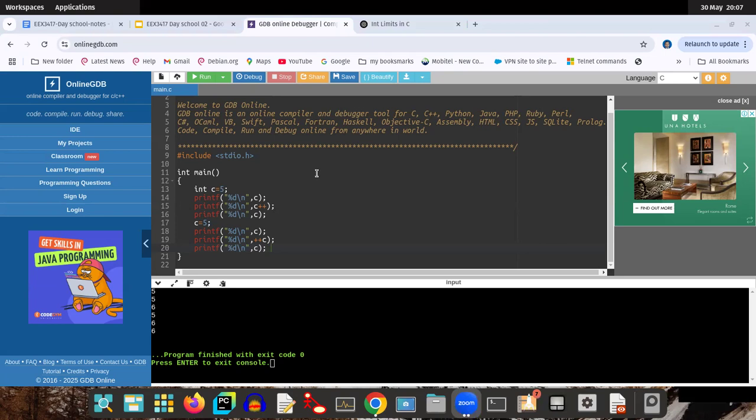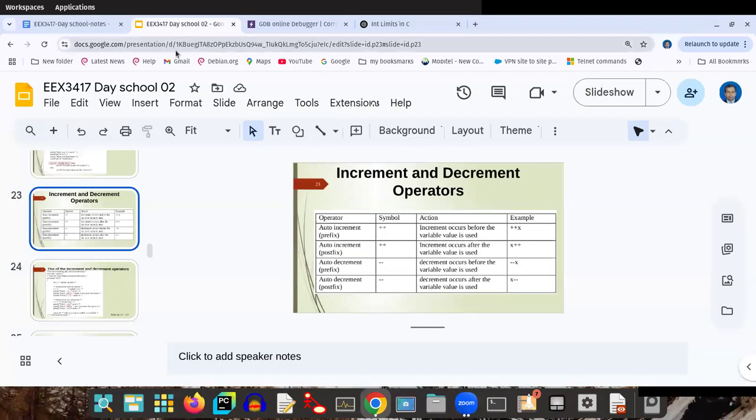I think you can understand it. Can anyone confirm it? Okay, now the next one is